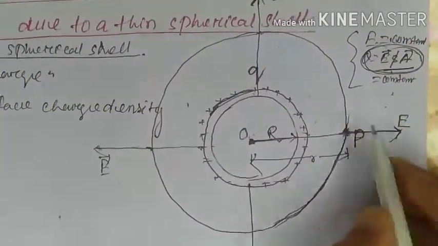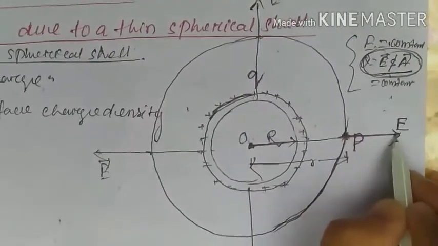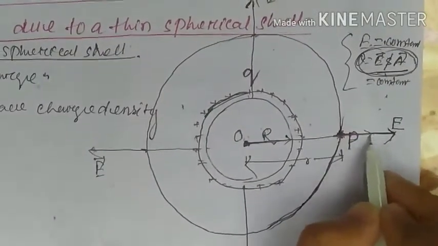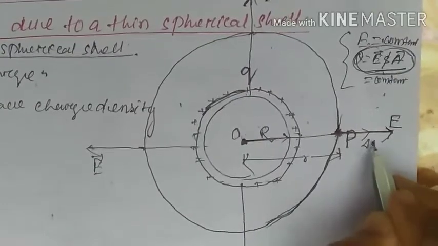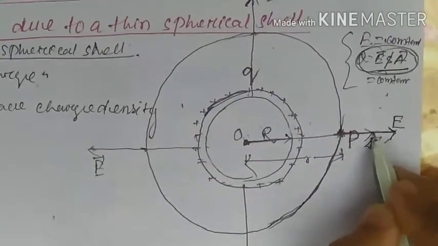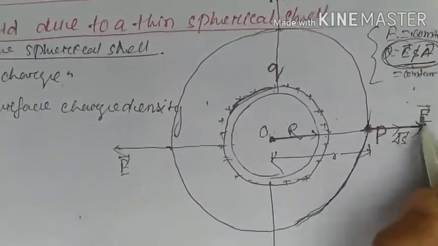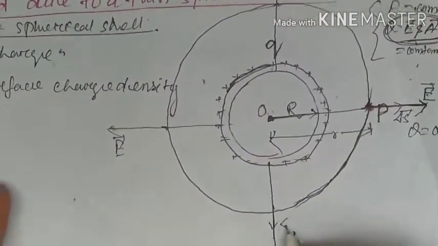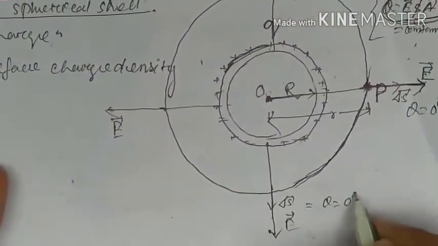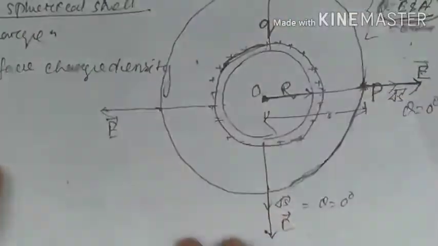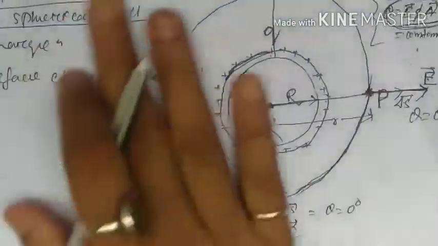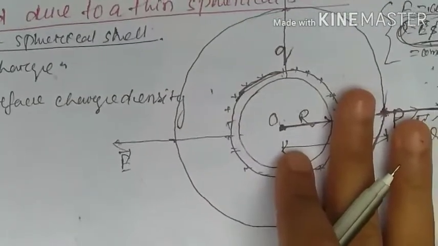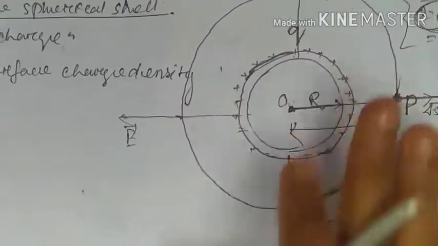Here all the area components are also perpendicular to the surface, so the area component here is delta S. So the angle between the electric field and the area vector is equal to what? 0 degrees. In this case also it is 0 degrees. So throughout the surface we have uniformity or symmetry, right?